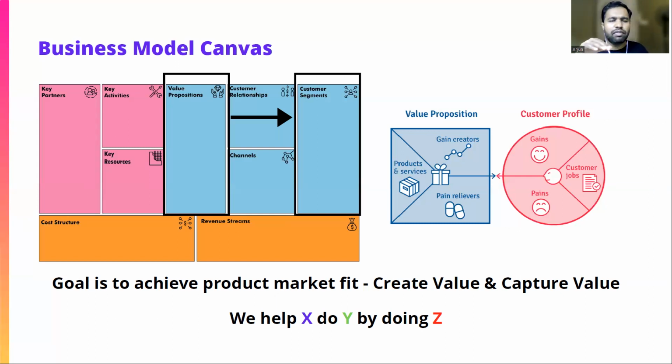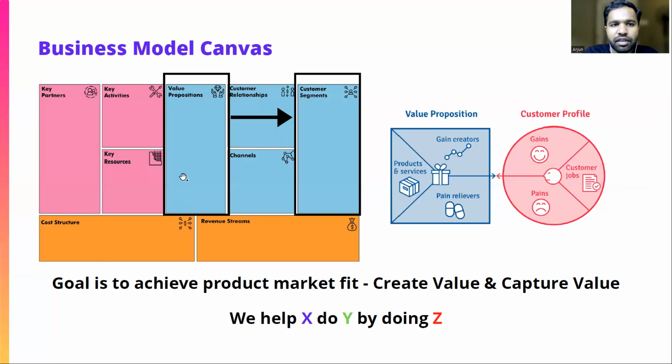If the value you are giving is not aligning with certain groups of people, you don't need to target those people. It's not like your product needs to satisfy all the people in this world. Any product will not satisfy everyone. Even if you take an Apple iPhone, it will not satisfy all people, right? So your value proposition needs to satisfy exactly the customer segment that you have chosen. Of course, this is what I also told you as product market fit.